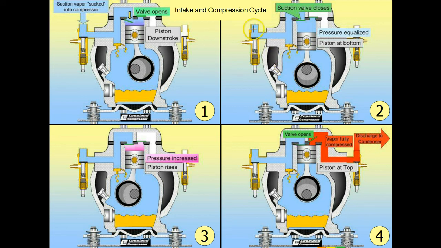All right, so the second part of the cycle, at the bottom of the stroke, right here, the piston stops. At that point, the pressures equalize and the suction reed valve closes. And now we have a certain amount of heat-laden vapor right there inside the piston. Now we have to go back to our gas laws to think about this. We have this much volume right here, and now we're going to take this piston and we're going to start to compress the